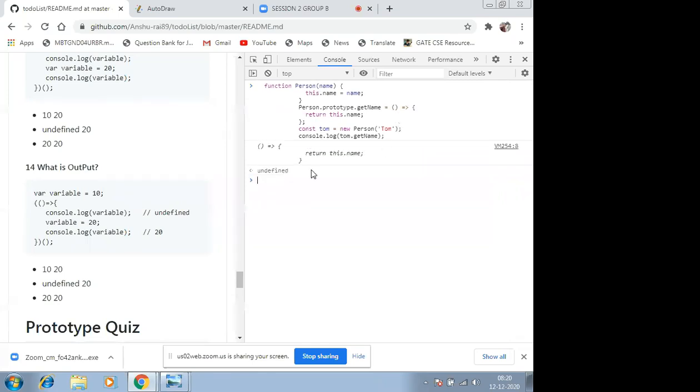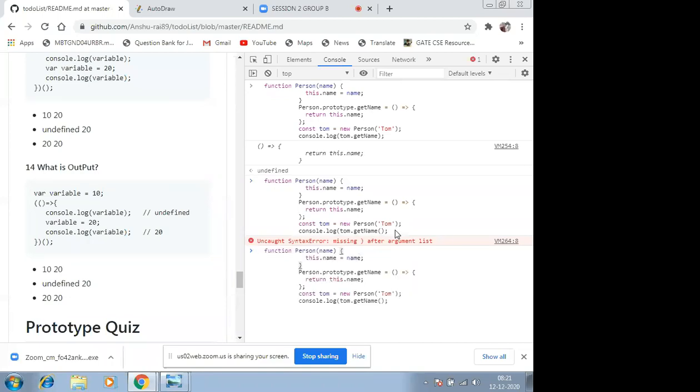It will print this arrow function, not undefined, because we can access getName, as it's in the Person prototype. But if I pass a function call here, it will call this arrow function, and I do not have any name in my prototype object. I have getName, but I do not have name, because name is there in the window object. Got it.